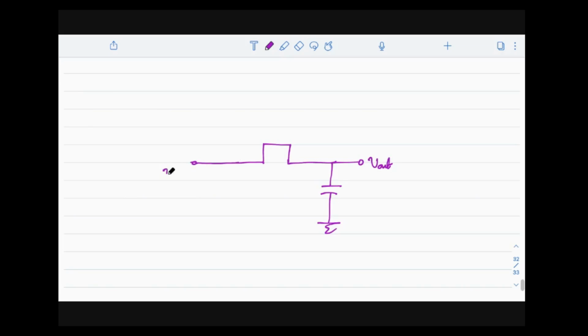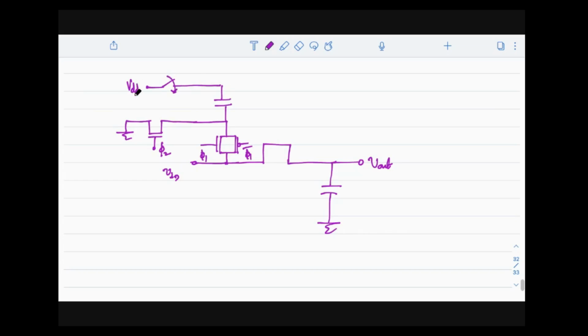So this is Vin, and our first switch is a transmission gate switch, which we connect here, where this is phi 1 and this is phi 1 bar. Then from there you have another switch, which is an NMOS switch. This is connected to phi 2, and the other end of it is connected to ground. Then here you have a capacitor. Now the other end of the capacitor should be connected to an appropriate switch. We are discussing that switch.